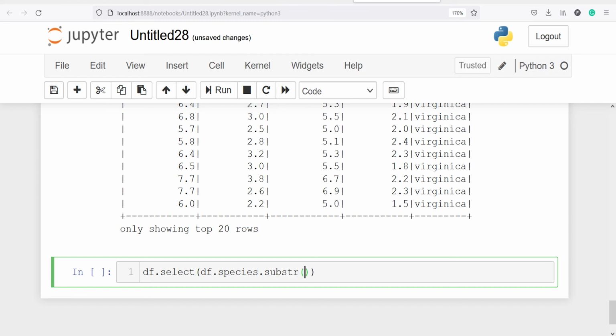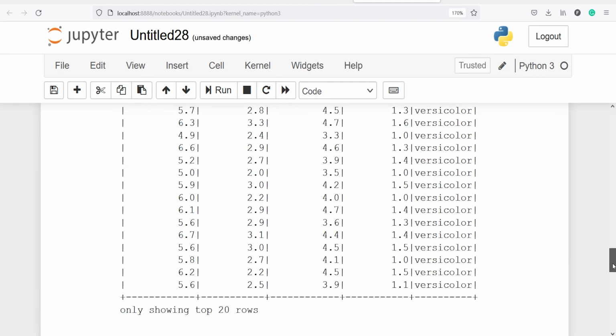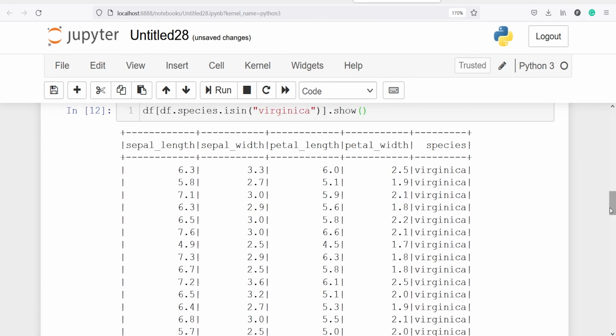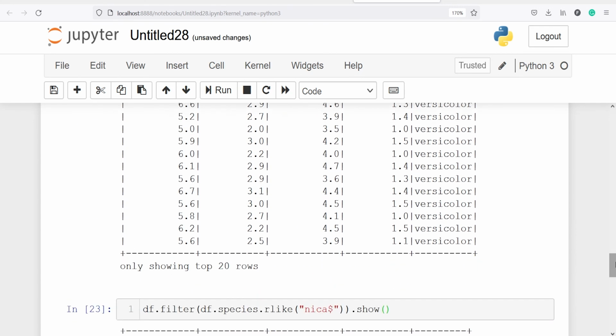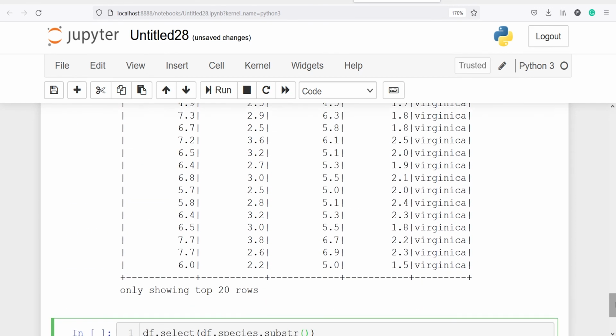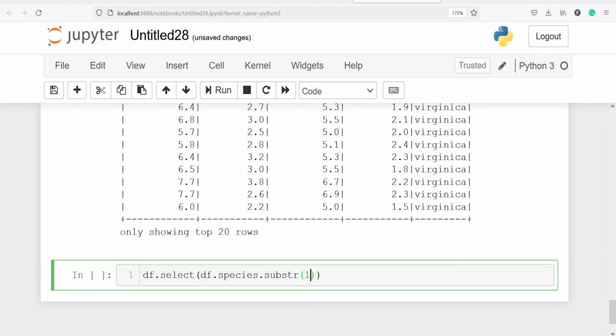For example, we have this species here, and we have many alphabets in each species. Let's say I write 1 to 5. I want to find a species whose spelling is between 1 and 5, and then I want to name that column something else.